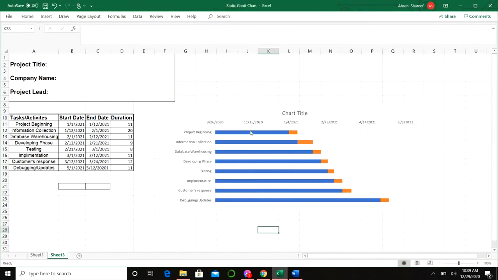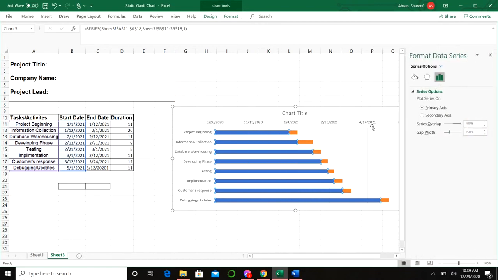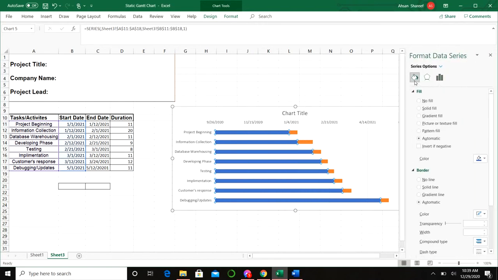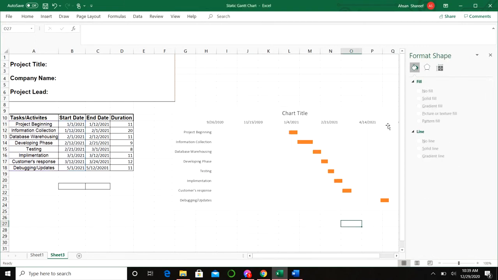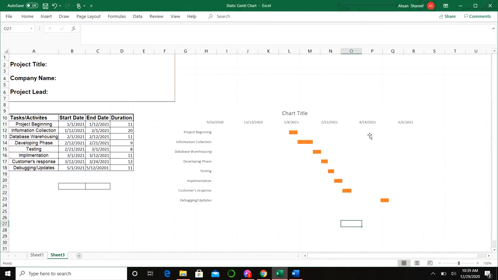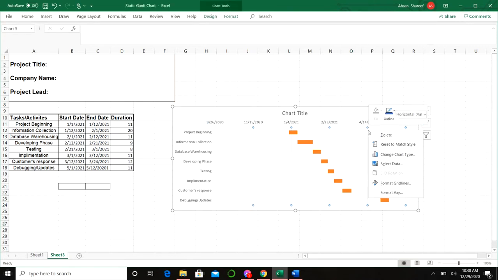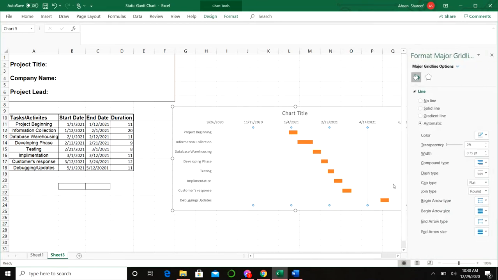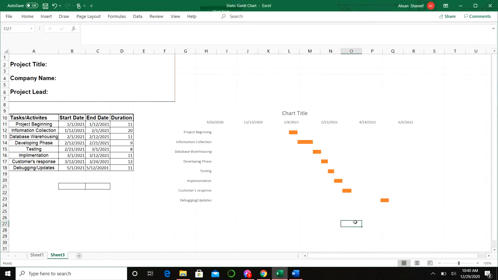Now we don't need those blue bars, so we're gonna remove that. We'll go to format data series, we go to fill option and we select no fill. The same thing we're gonna do with those lines that you see over here. We click on those lines and select the option format grid lines and then simply no line, so it looks more clean. Now the only thing that is left to do is to make those bars a little bit closer